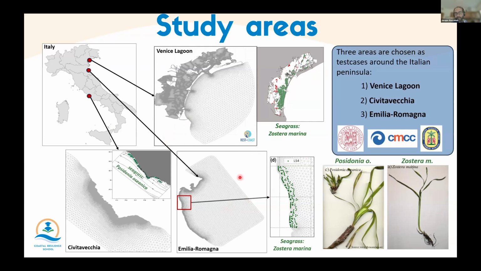Maybe I forgot to put it here in the presentation, but the main problem of seagrass is that when there are very large storms, it can be buried and then die, and it becomes useless, or it can be eradicated and then it becomes useless again. So especially if there are restoration projects, we need to account for the areas where this restoration is done, because if they are very exposed, you need